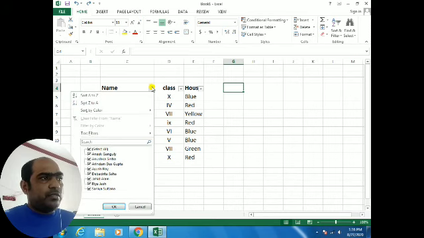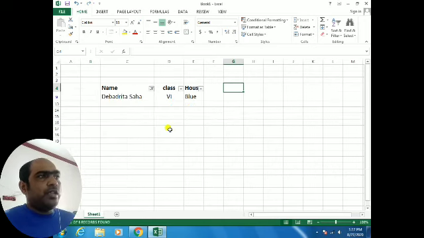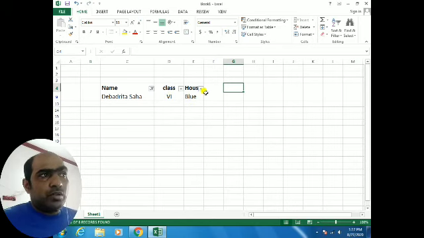Suppose so many students are there, and you say no, only Devadrita's name will display here. So click on Devadrita and okay. Devadrita's information will come, which class, which house. So I have shown you the three parts. First of all, class, house, and the particular single name. I have written here name, class, house.